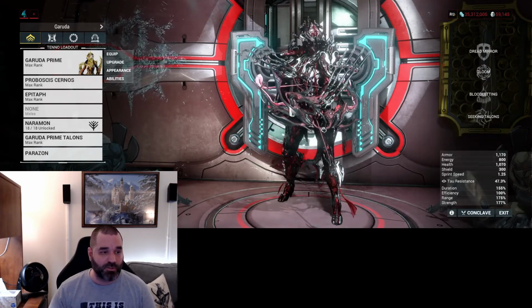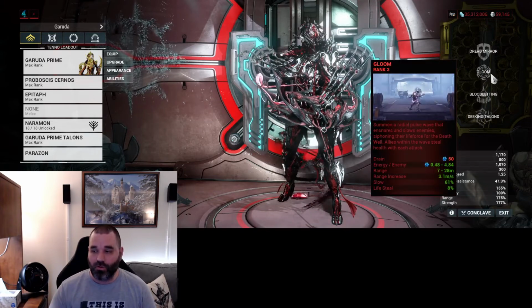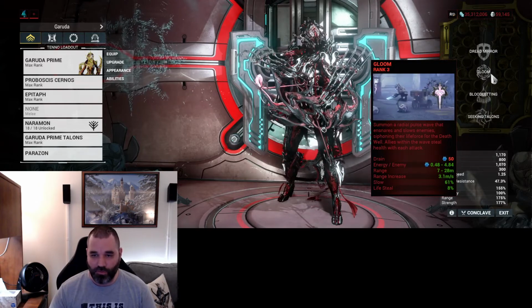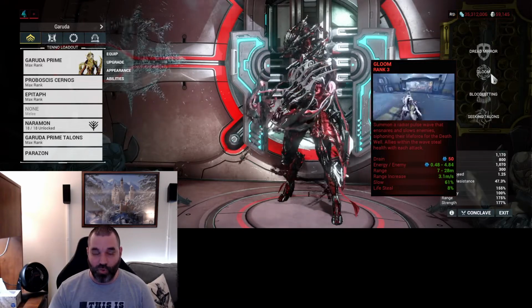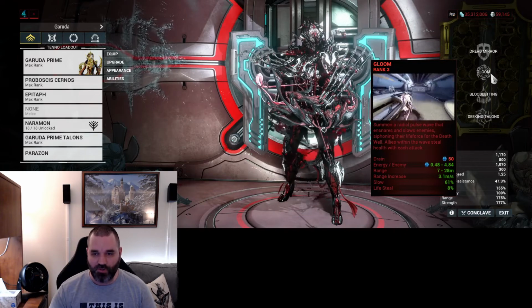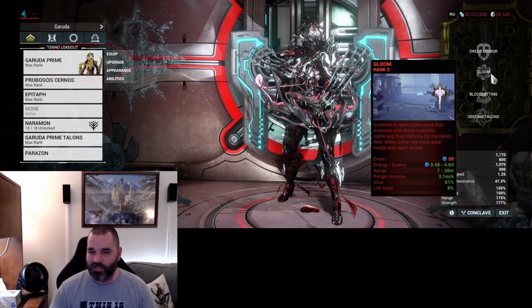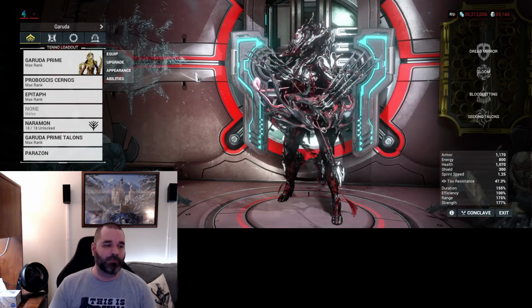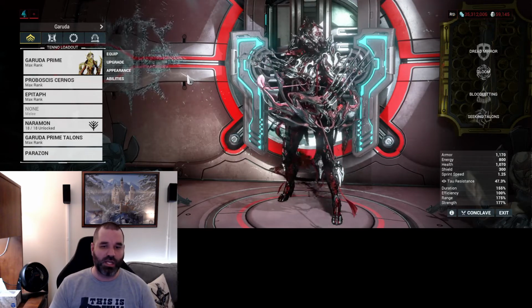First things first, if you notice, we have Gloom on here. Gloom is a very standard Helminth swap for the Blood Fountain normal ability that she's got. There's no real surprises here if you've seen other videos from other people. It's a Sevagoth ability. It goes on a number of Warframes very, very well. The specific build for Garuda is going to be pretty